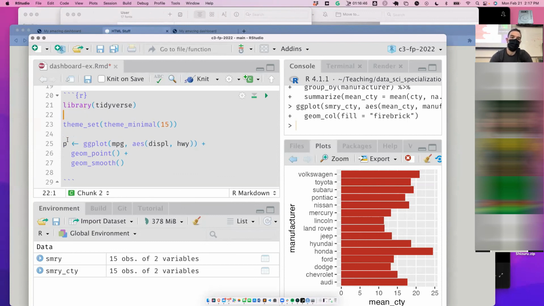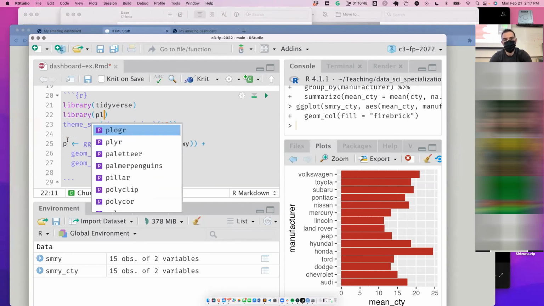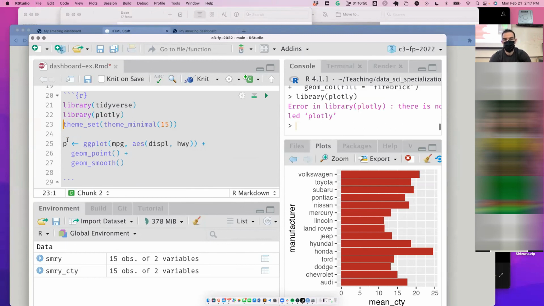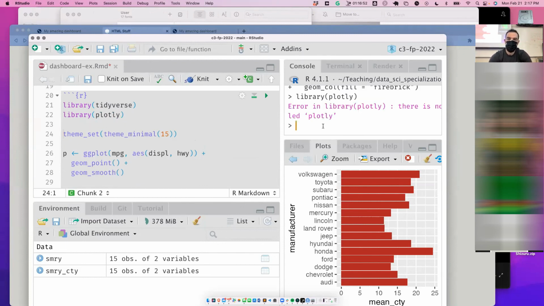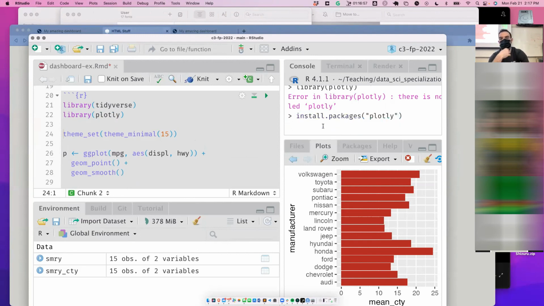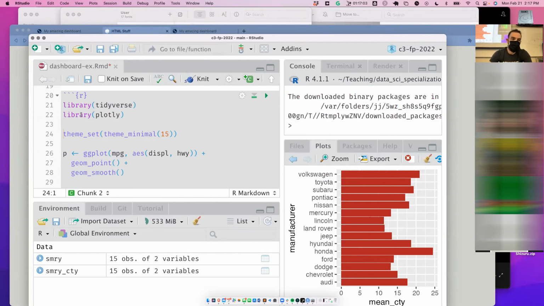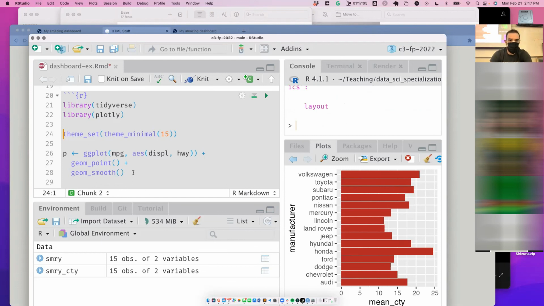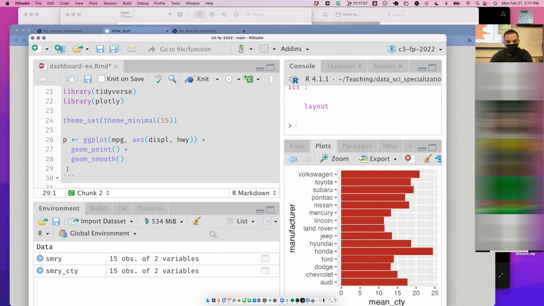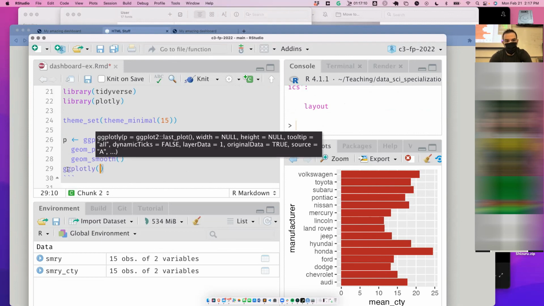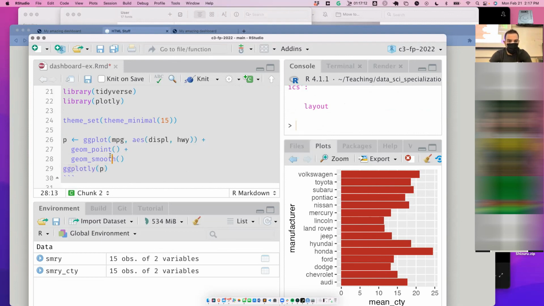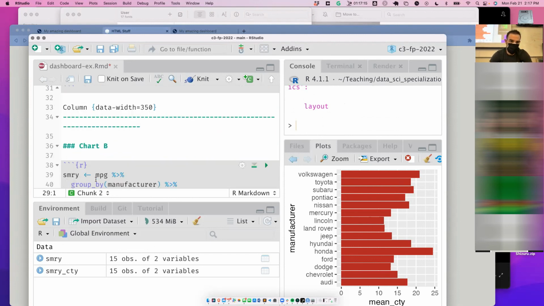Okay, I can also load Plotly. If I don't have it installed anymore, let me install it real quick. Plotly. Okay, so now I'll go library Plotly, and then what I can do is I've saved this plot to P. I can go ggplotly P. Okay, and then I'm going to do the same. There are other additional things we can do here too, but I'll show you what that looks like in just